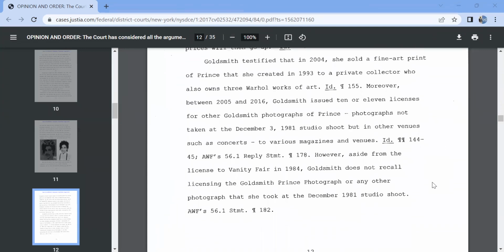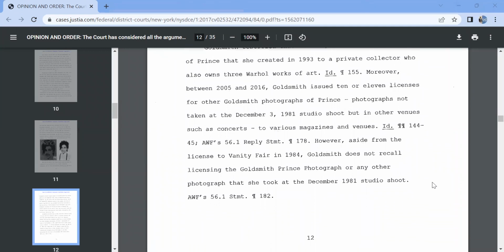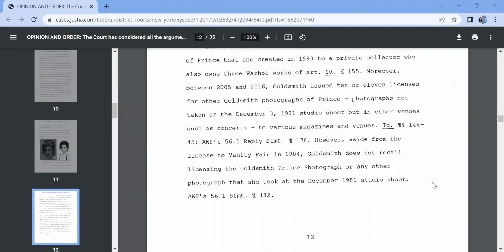Goldsmith testified that in 2014, she sold a fine art print that she created in 1993 to a private collector who also owned three Warhol works. Moreover, between 2005 and 2016, Goldsmith issued 10 or 11 licenses for other Goldsmith photographs of prints,